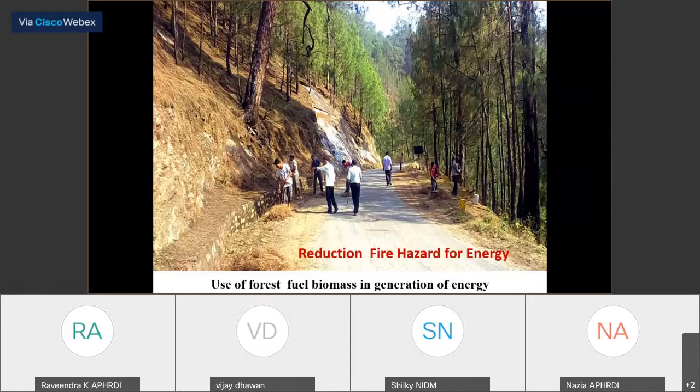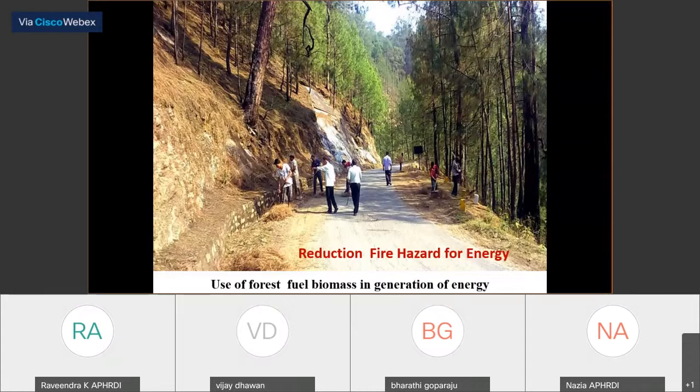The alcoholic contents in the pine needle are very vulnerable to fire. It's a kind of petroleum product. So if anybody lights a fire near the needles, it catches fire immediately,